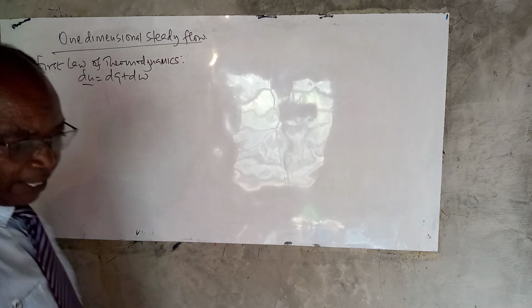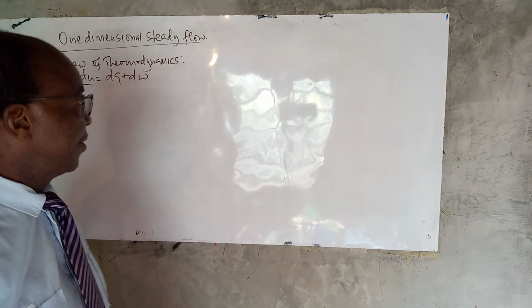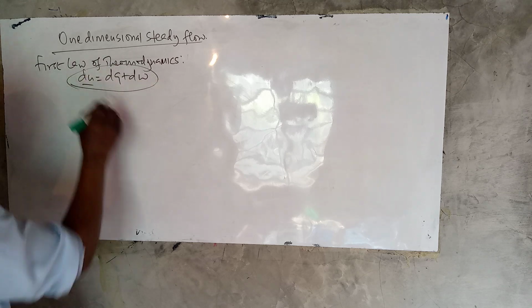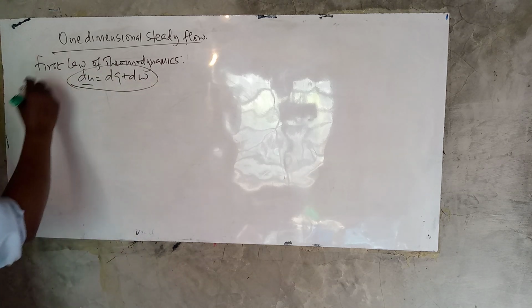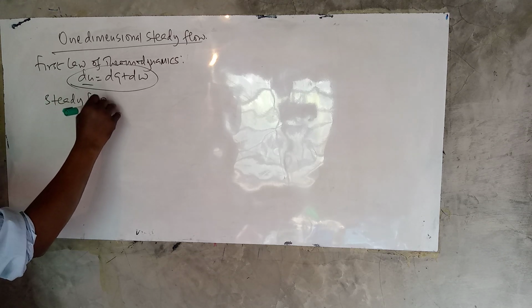Of course, U is internal energy, Q is heat and W is work, and we know what state functions and path functions are. And from this particular equation, remember, we derived the steady flow energy equation,